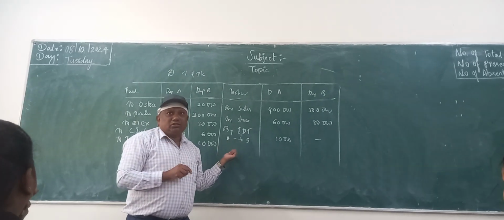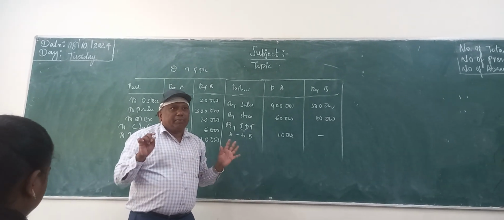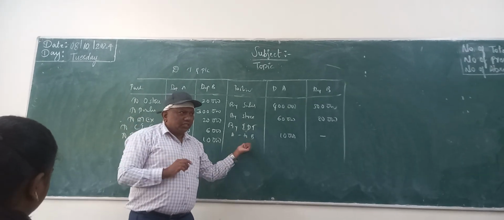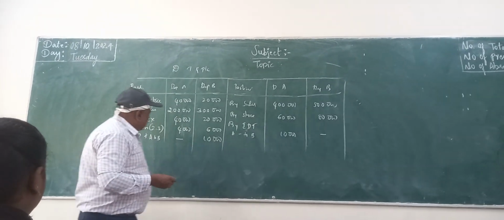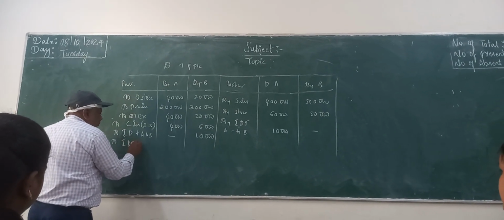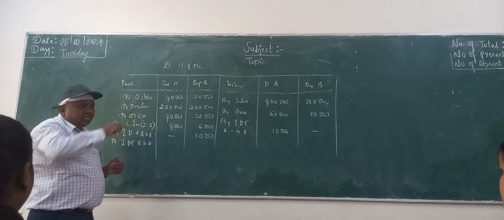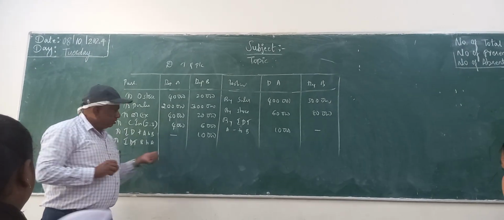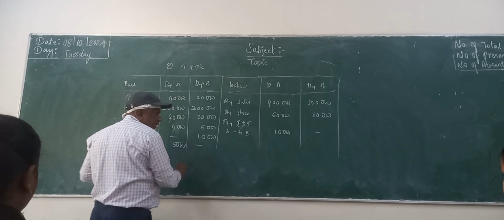Because of this, I solved this question. The rest I solved everything in the department accounts. I completed everything. This is missing. Any doubt? Some more we have. B to A, right? Interdepartmental transfer. B to A, what is the meaning? A is purchasing. Correct, right? So A is purchasing, how much now? 5,000. Correct, right?